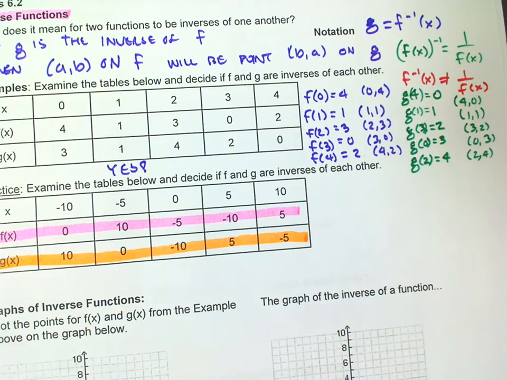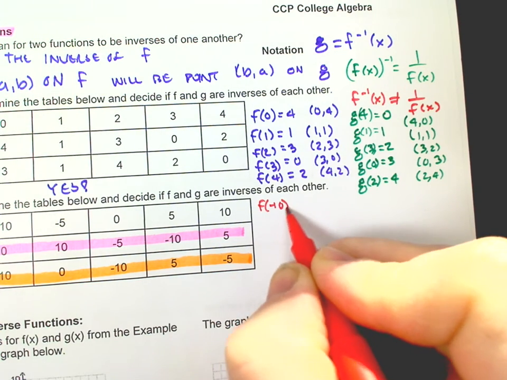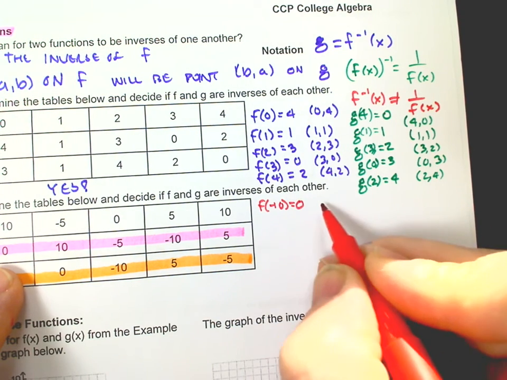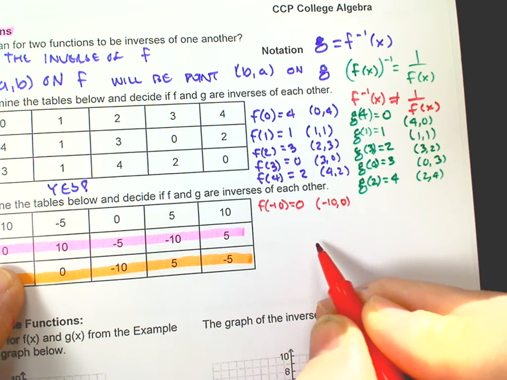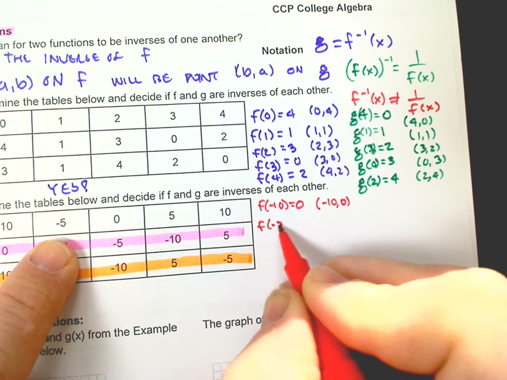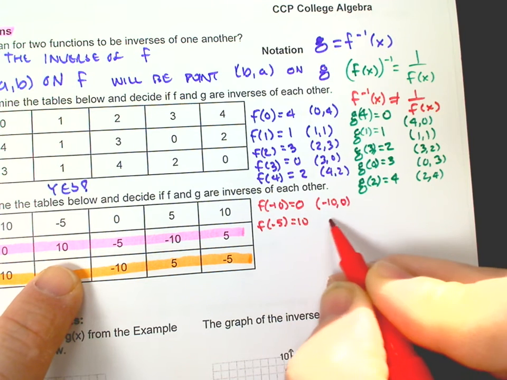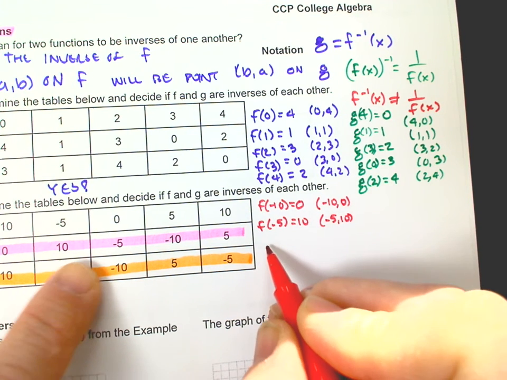So let's take a look first at the f function. We have f of -10, and we get 0, so we have the point (-10, 0). And again, I'm just going to do all of these just to have them here and do a quick check with those,